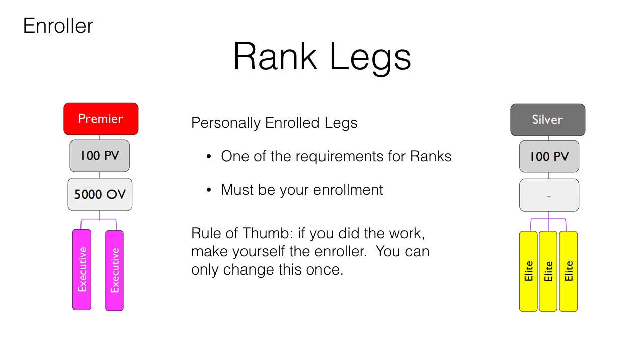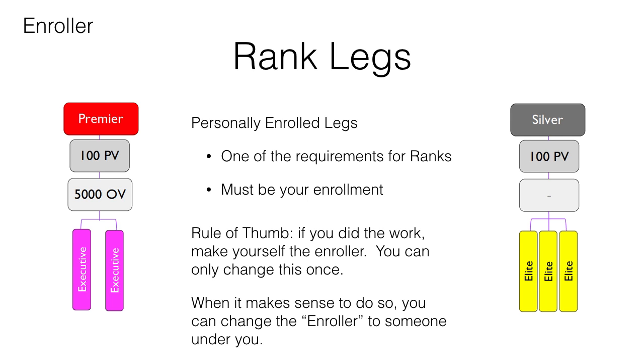Now, again, as a rule of thumb, if you did the work, you always make yourself the enroller. You can change this down the track if you enroll someone under someone else and you want to change it, but you'd only do that if it makes sense to do so, and you can do that by emailing doTERRA. So if, for example, you had signed up a friend and you placed that friend, we'll call her Susan, under another friend named Janice, and Janice began to do